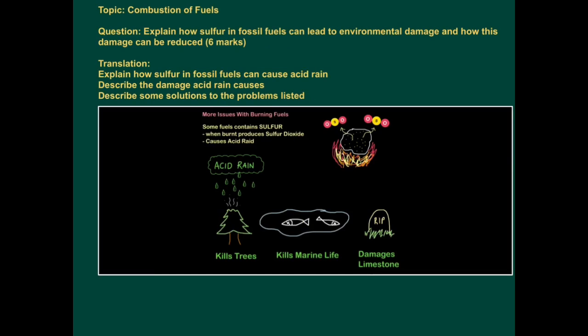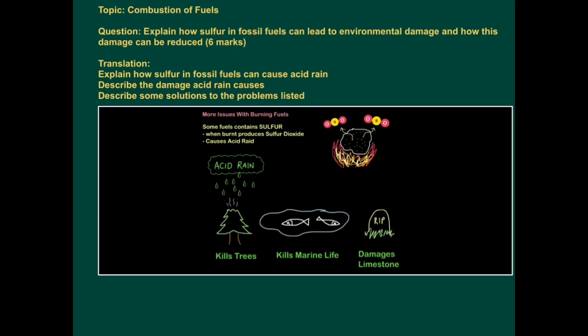This exam application tutorial is on the topic of combustion of fuels. The question for 6 marks: explain how sulfur in fossil fuels can lead to environmental damage and how this damage can be reduced. So what this is asking you to do is explain how sulfur in fossil fuels can cause